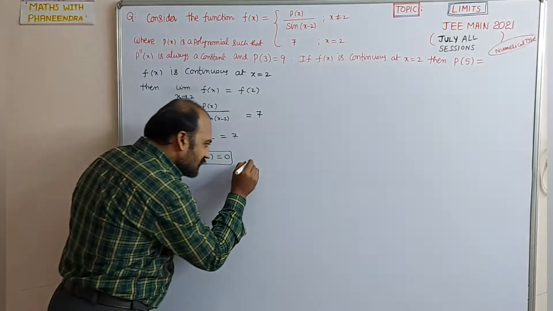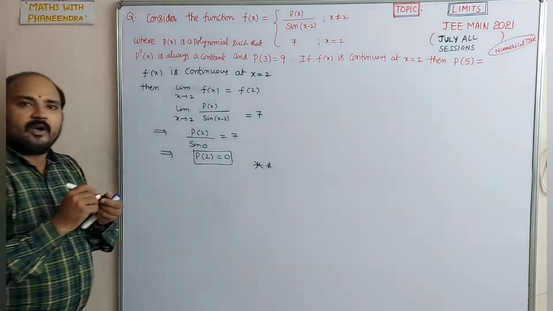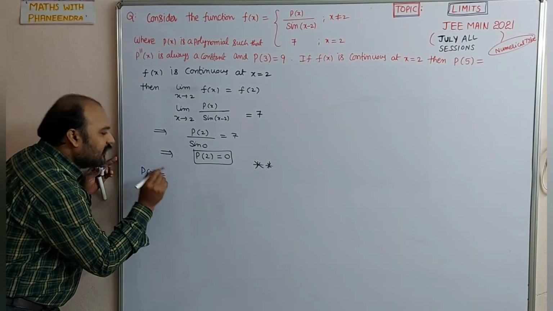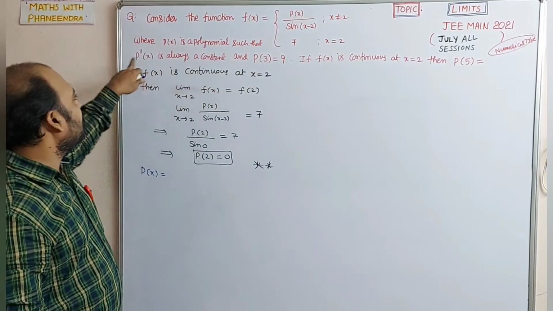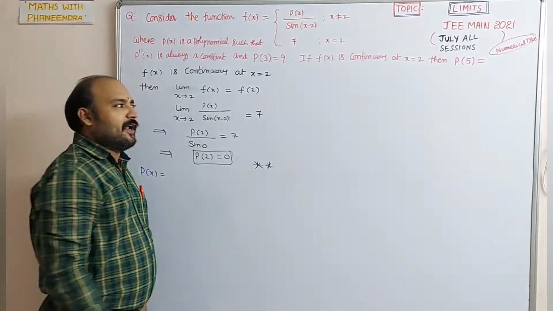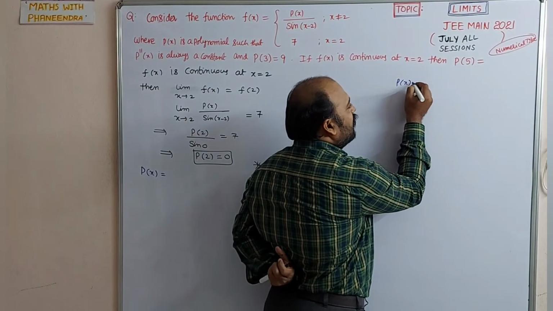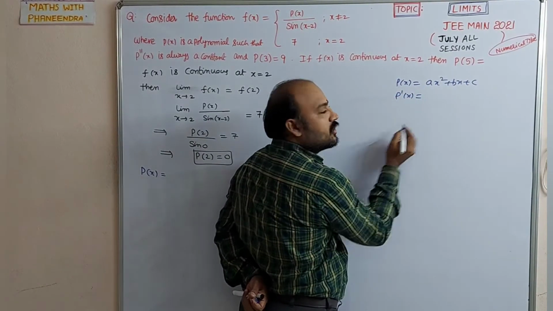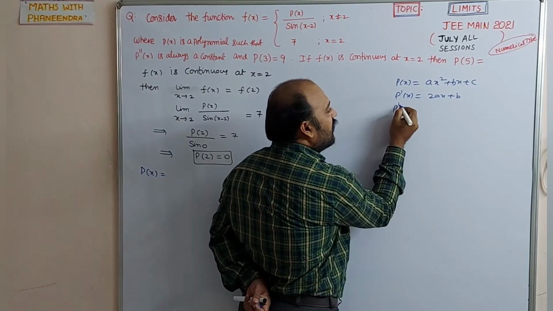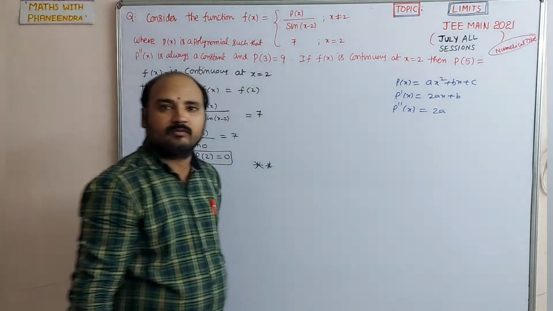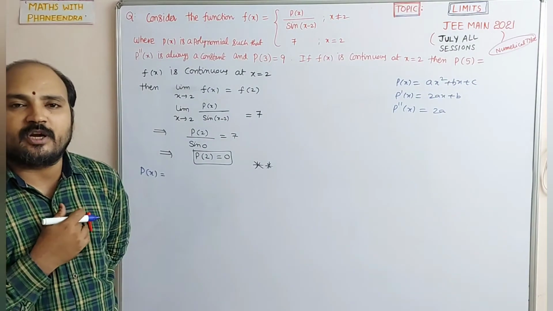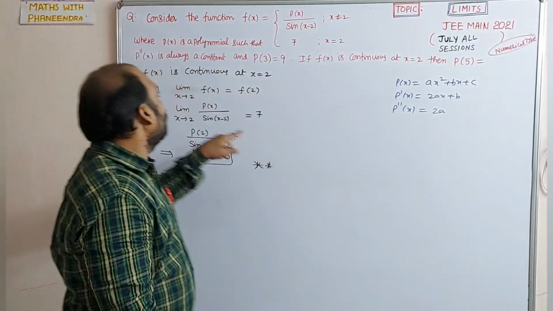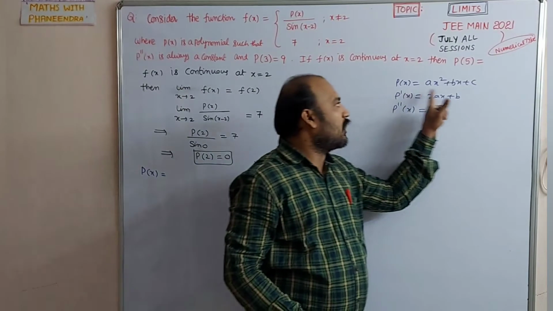Dear student, this is the turning step of what I am going to explain. Now I want p of x compulsorily. They mentioned it is a polynomial such that p double dash of x is always constant. Suppose you take p of x as a quadratic expression ax square plus bx plus c. The first derivative p dash of x becomes 2ax plus b. P double dash of x is equal to 2a into derivative of x, 1, plus the derivative of constant b, 0. So p double dash of x is equal to 2a. It is a constant only, no? So p of x we can consider as this quadratic expression.